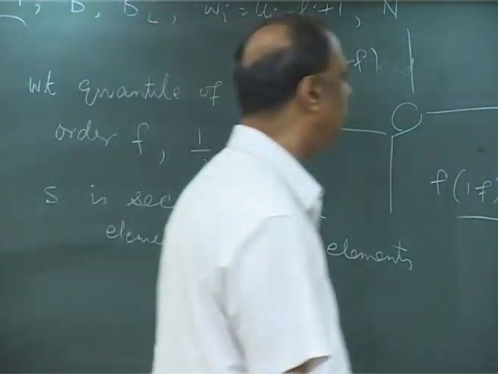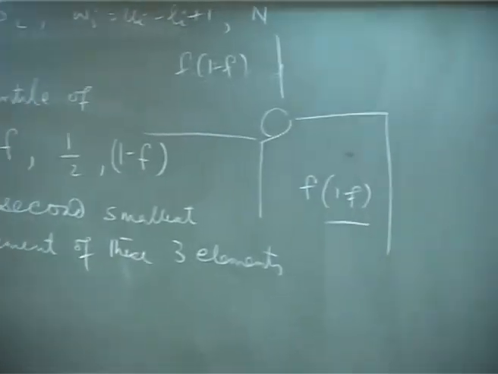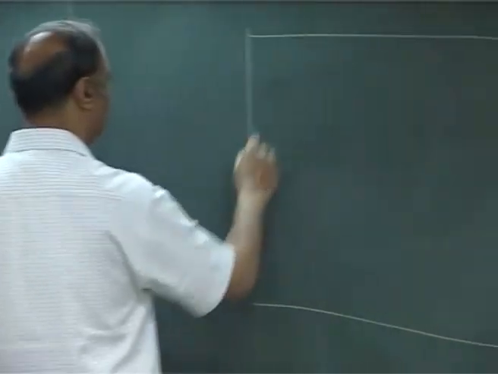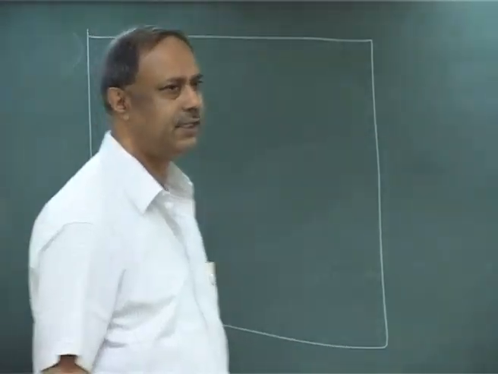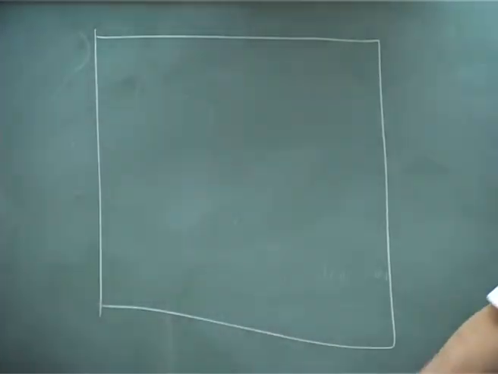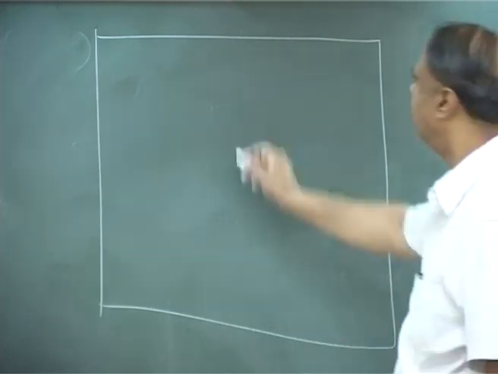Right? So, for simplicity, we are assuming that BUL is of this structure, and